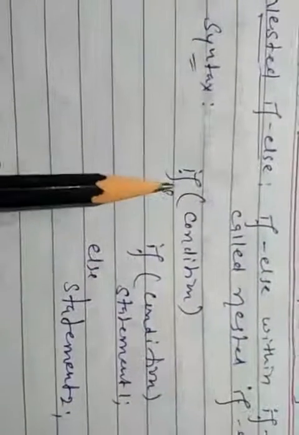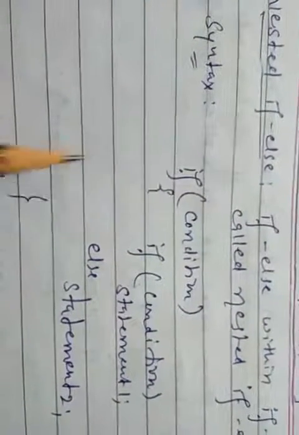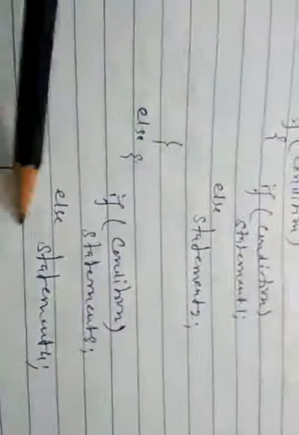So here we are seeing the syntax of nested if else. This is the one if condition. Inside there is the if else portion, and this is the else portion of the outer if, and inside that there is the if else. So there are two if else inside an if else. So this becomes a nested if else. Now see this with the help of one example.